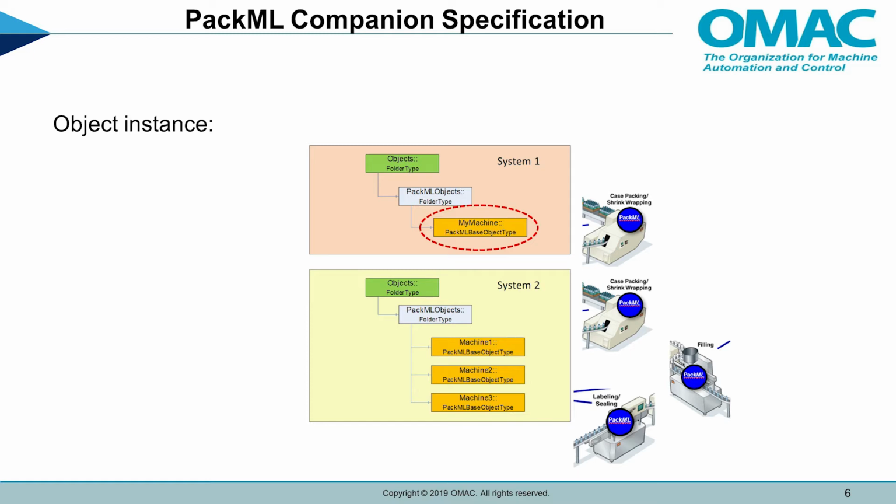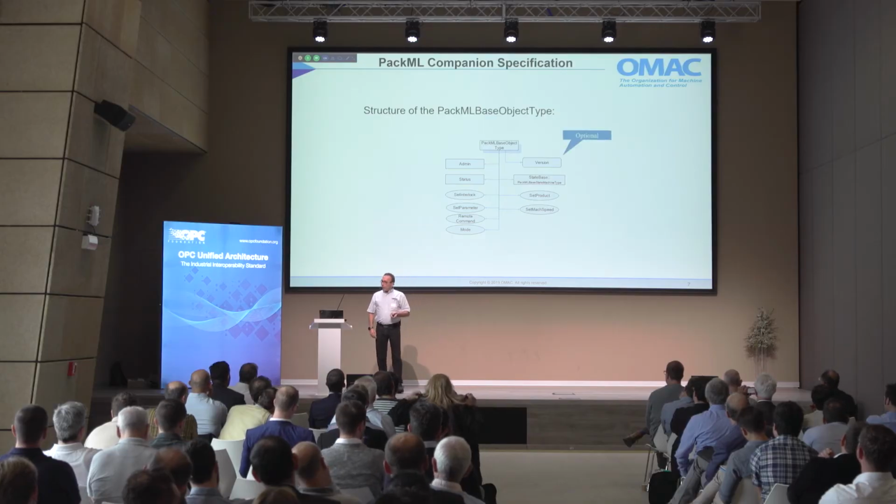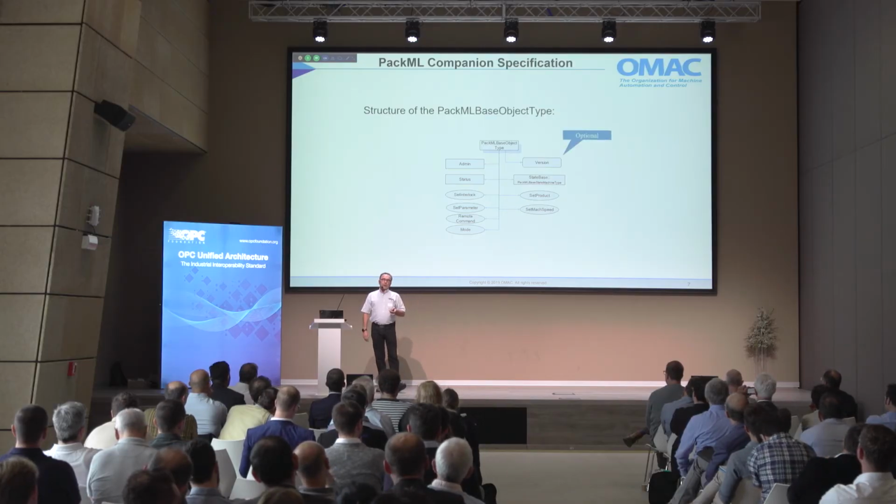and now we go a little bit to the type system. So from the instance, you have some physical thing here, and now you go to the type and describe how this thing looks, how your interface will look then in the instance later on. The base object type, there you have an admin object, status objects, there you have optional variables,